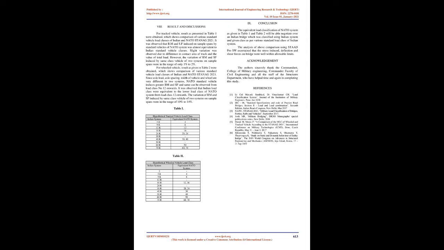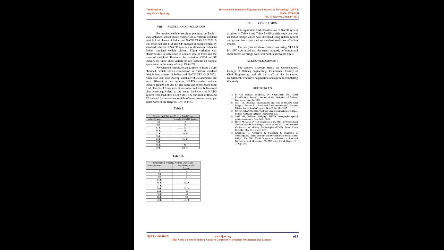Firstly, maximum SF was calculated for different vehicle load classes of these systems, and thereafter SF was compared for each class of load. The load classes of the STANAG system which had the same SF value or below that of the SF produced by Indian vehicle classes were placed together under the same category of class. By doing so, the load classes which produced the same or lesser value of SF, in different load class systems, were placed under one category of load class.